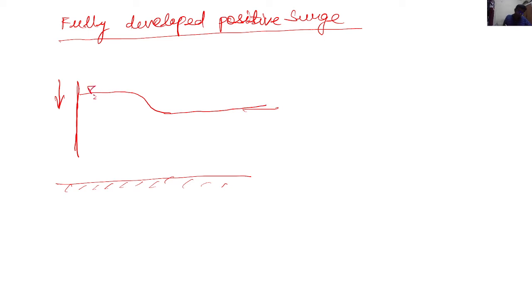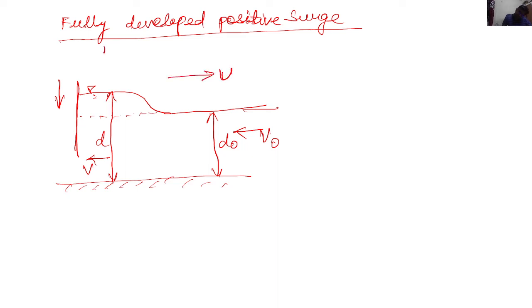This is the free surface level. The dotted one was the initial height or the depth of the flow. Depth due to the surge is capital D. The flow velocity is moving from right to left in our case. The initial depth of the flow was d naught, and the initial flow velocity was v naught in our case, and surge speed is capital U. So this is a positive surge